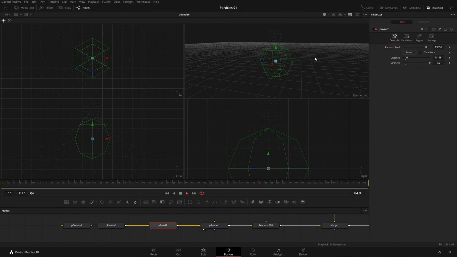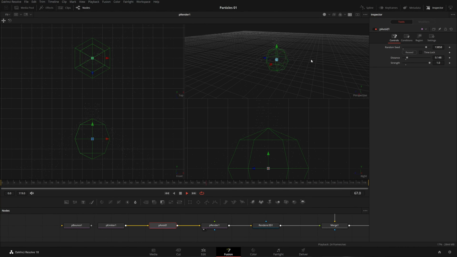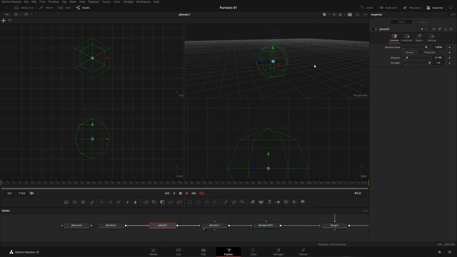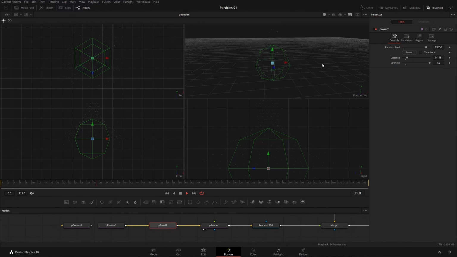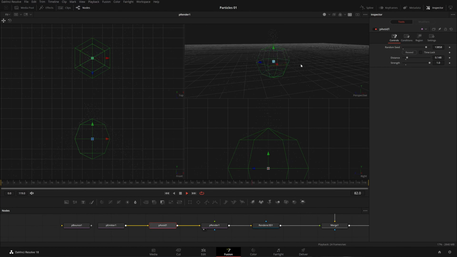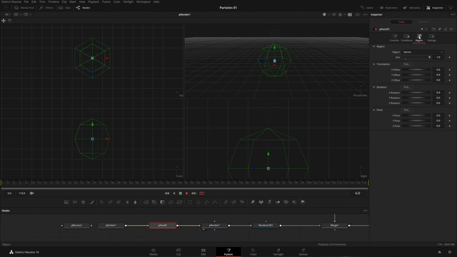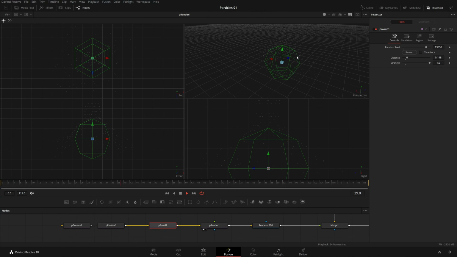So in that case, you can use pAvoid just to avoid those particles. And if you want to bounce it and you want to have a proper collision, then you can use pBounce. That's why I told you guys about pBounce earlier already. But both these nodes are for particle collision. As you can see, they both collide particles. So I think that I have covered all the basics of particle avoid as well as particle bounce,